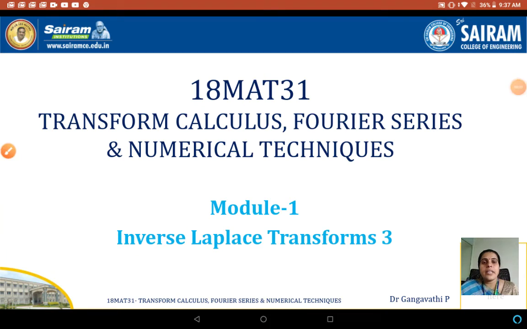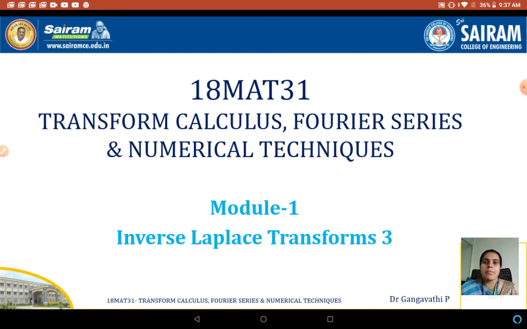Today, in this session, let us discuss the continuation of inverse Laplace transforms. In the previous two sessions, we have seen what the inverse Laplace transform is and the inverse Laplace transform of some standard functions, and we have prepared a table which has all the inverse Laplace transforms we use frequently. Then we have also seen some problems on it, and there are three methods which we can use